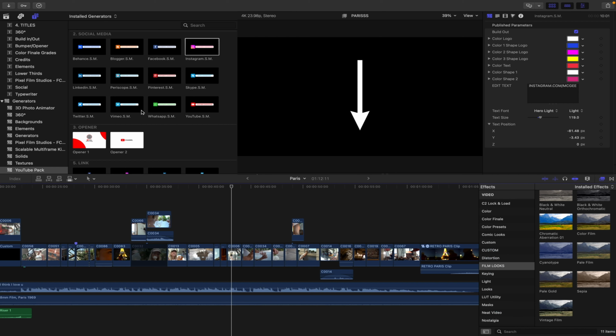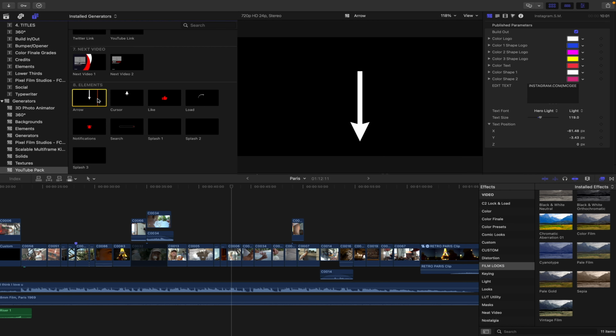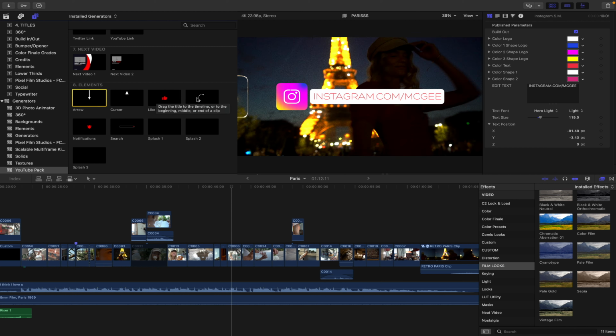Getting down to some more of the effects, coming down to elements. I actually use the arrow a lot. It's kind of hard to find arrows that just look clean. This one you can adjust in a bunch of different ways. You can have a cursor. You can kind of move the cursor wherever you want. Like button,